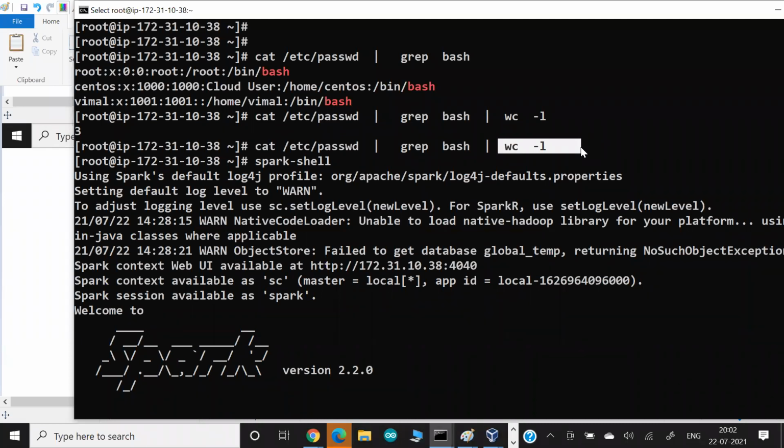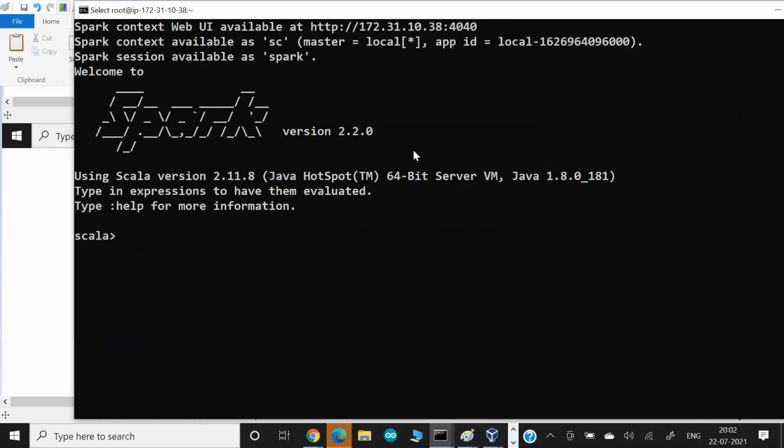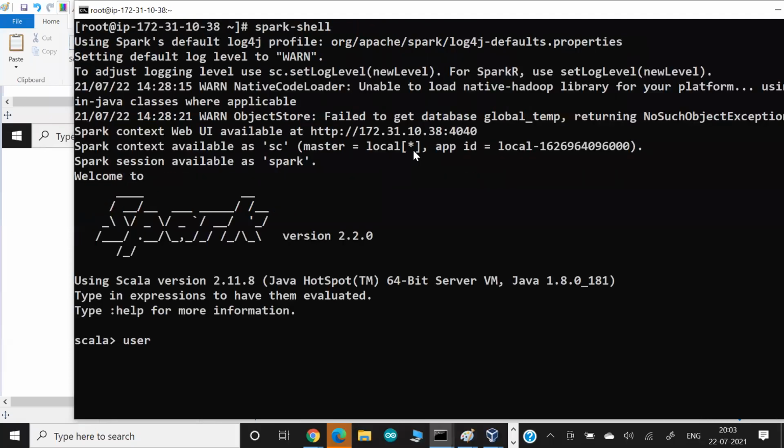So this is the Linux command. If you want to do the same thing in Spark with the help of Scala, how can you do it? That's what I want to write here. I'm going to create a variable called user. I'm going to use the var keyword, or maybe the val keyword to make it constant because I don't want to change it. And here sc is an object.